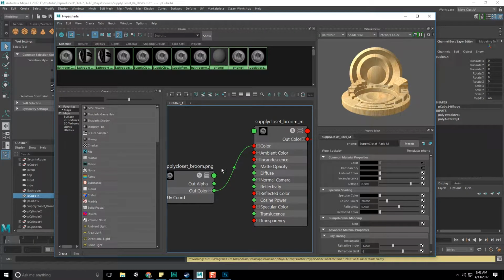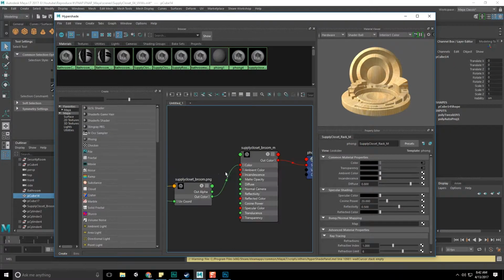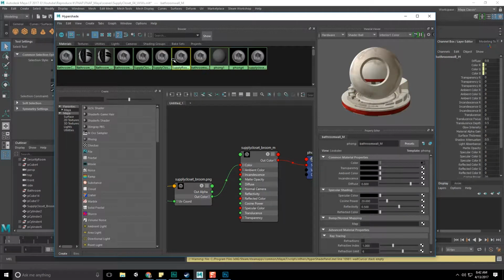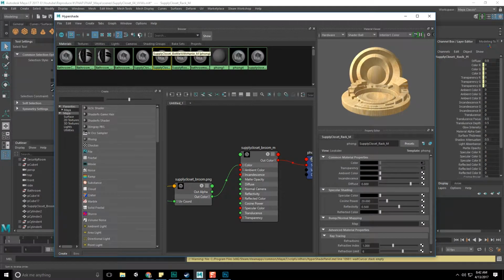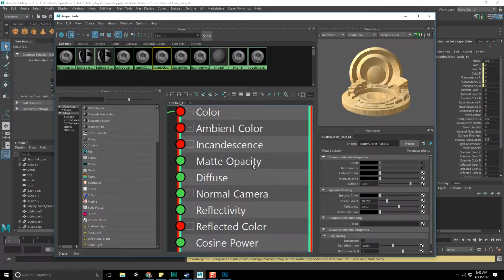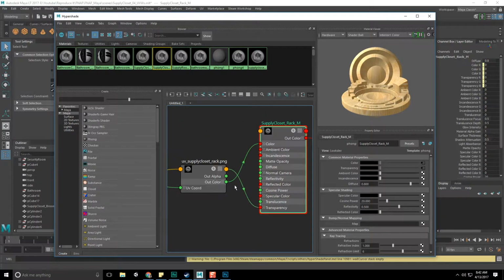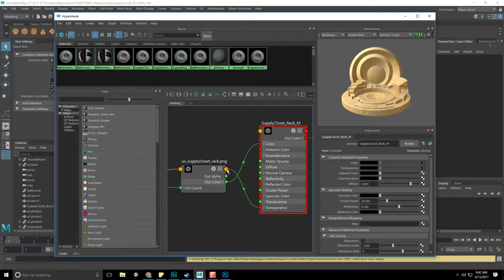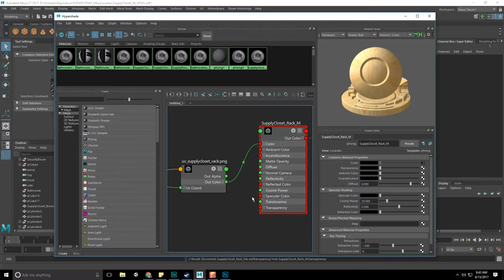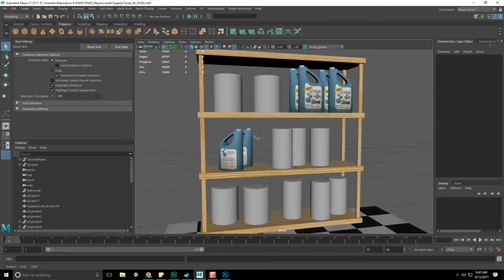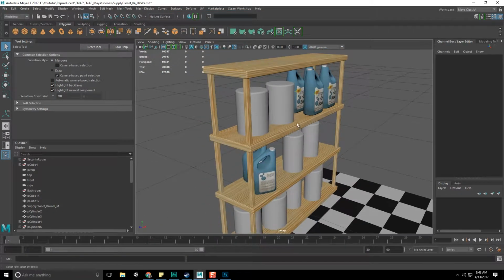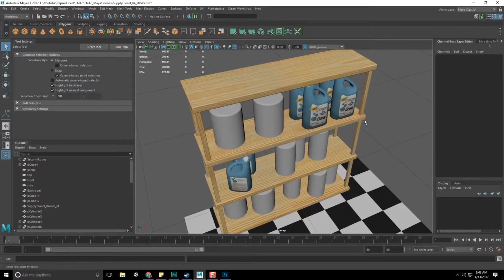Here it is. So let's see, no, that's not it. This is the one we want. So let's see, Supply Closet Broom. Which one are we dealing with? There we are. Let's open this one up. There we are, and we can see the transparency connection, the out color, and the transparency coming right here. So grab that, delete. Now we won't have that transparency problem, and we have successfully textured